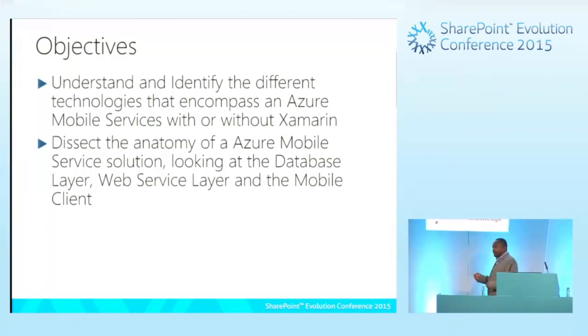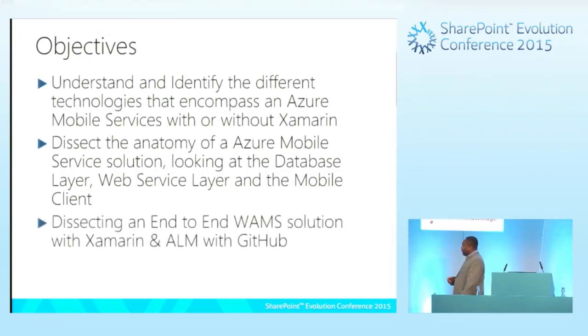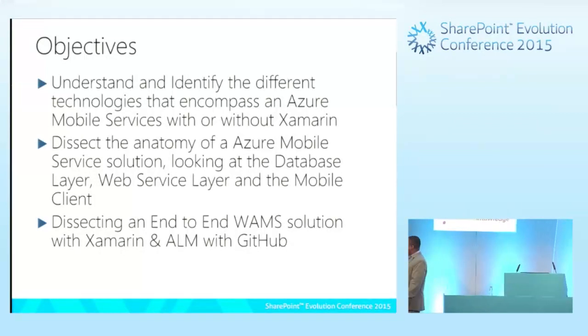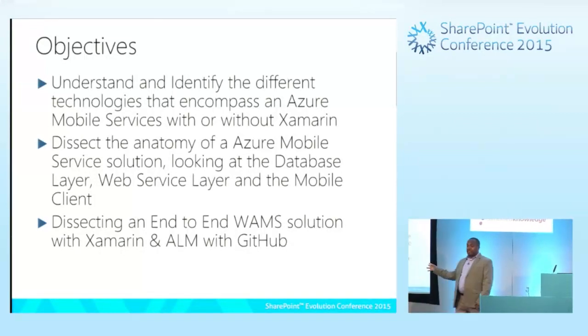Looking at the database layer, which is the backend system. We're going to look at the web service layer, which is the web API that basically fronts the information. And we're going to be looking at the mobile client. We're going to dissect that. Then we're going to look at dissecting an end-to-end WAMS solution using Xamarin and the application lifecycle management, all right,